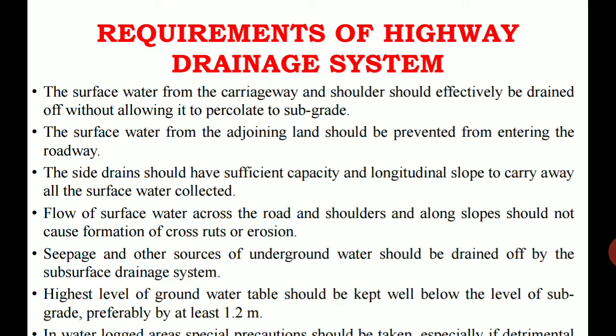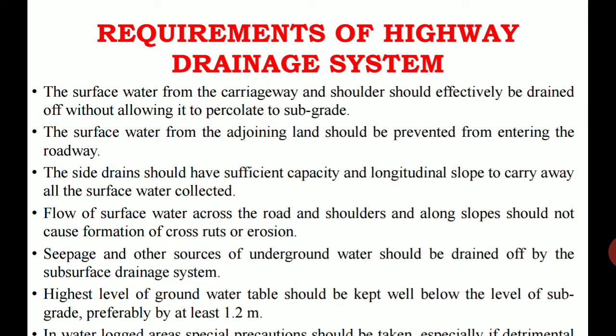the surface water collected. For this we need to collect the maximum rainfall intensity from the different departments, and then provide a proper drainage system there, right? It should have a certain capacity to cover all those rain waters. In some cases we need to provide a proper sloping system, with a proper gradient, so that the entire water is easily drained off, right?